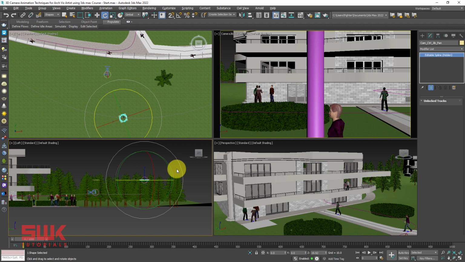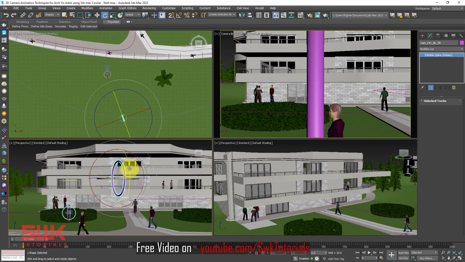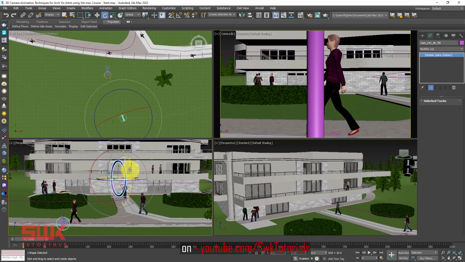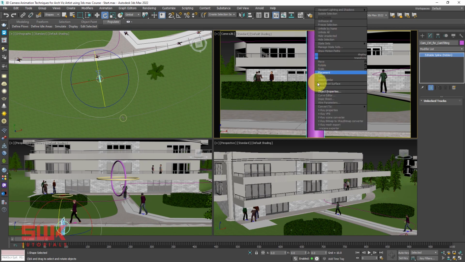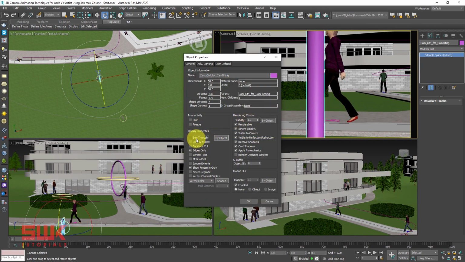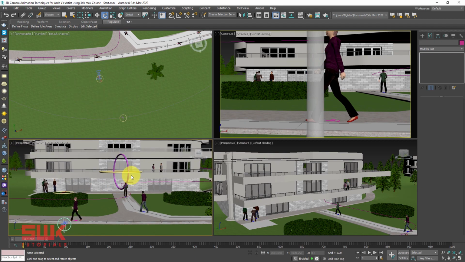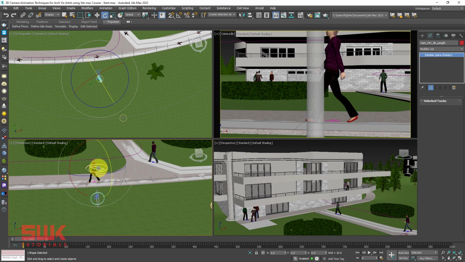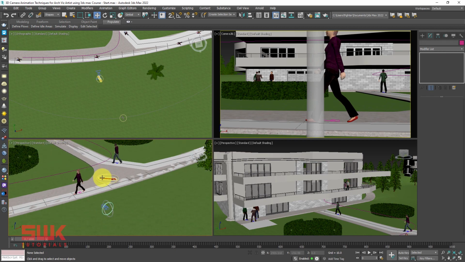Then I will select my tilt controller and bring it down like this. Make sure all of them are on gimbal so it will be easy for you to work. Now since there is a little bit more distance, first of all I will select it and make it see-through so that it's easy for me to look. Then I will select this length controller, and I will bring it forward like this.